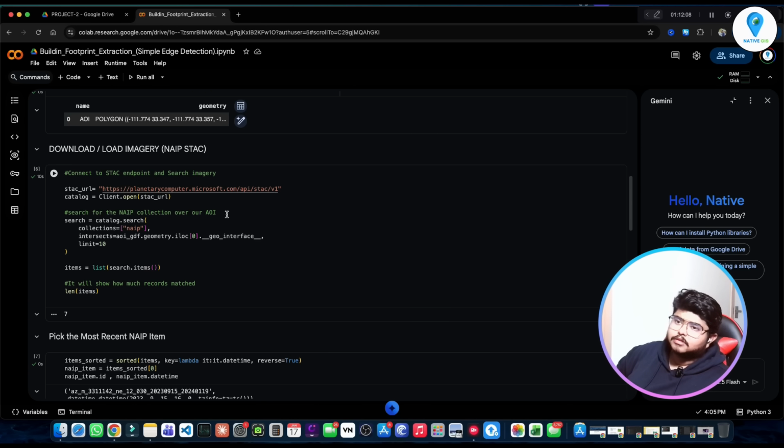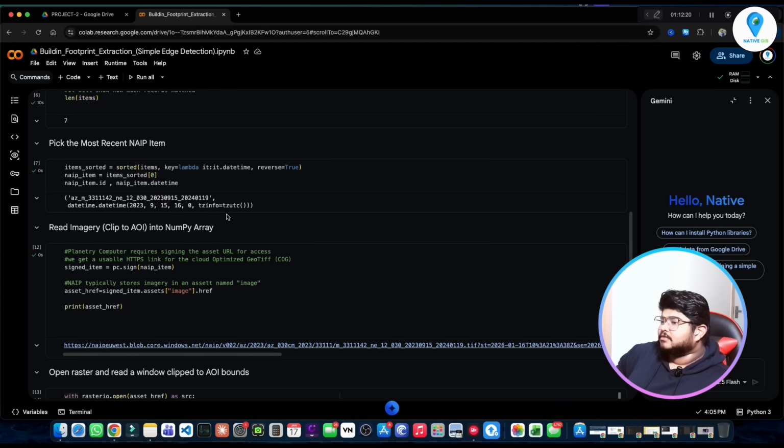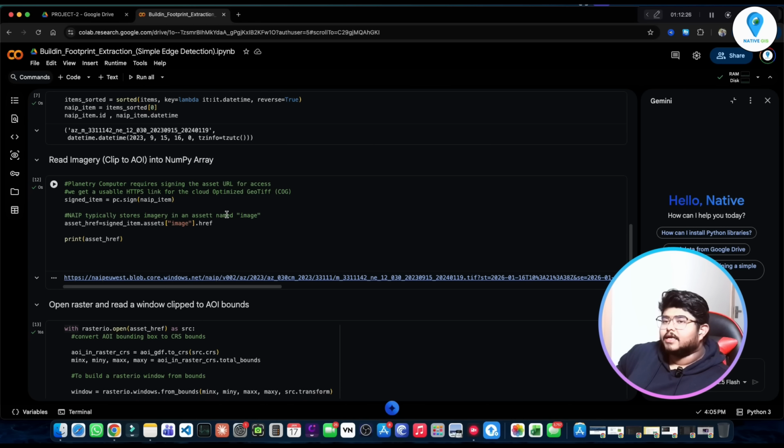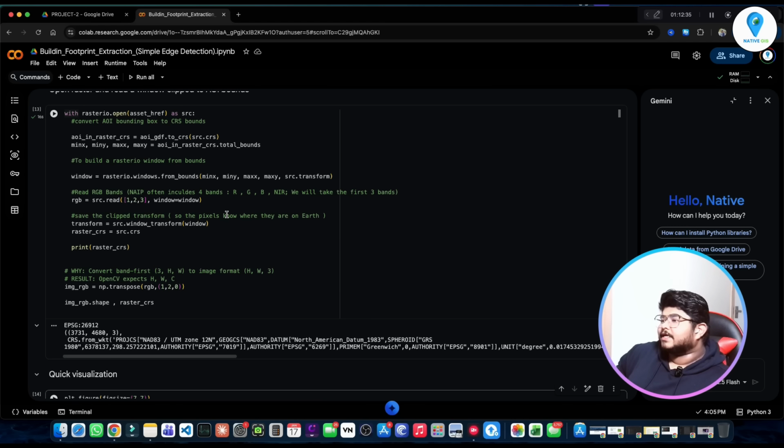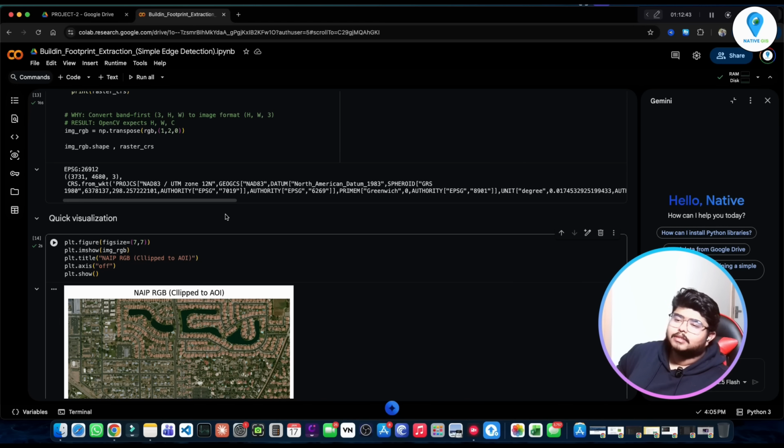Then we connected to the STAC endpoint. From there we get the images that intersect with our AOI, and then we created a cloud optimized GeoTIFF. Then we open the raster and clip it with the AOI bounds, and we get our RGB set, or you can say the pixel files. Then we add it to a visualization, and we can see how it looks now. Okay,